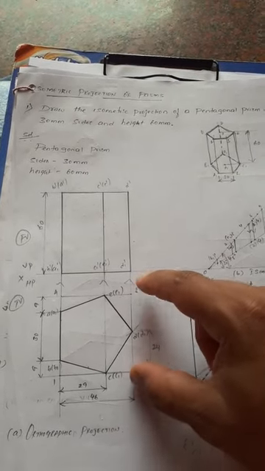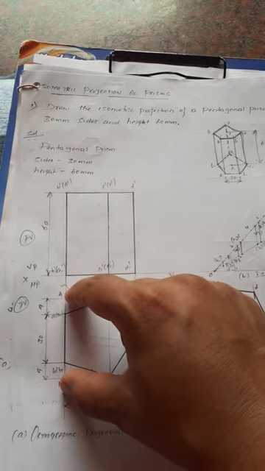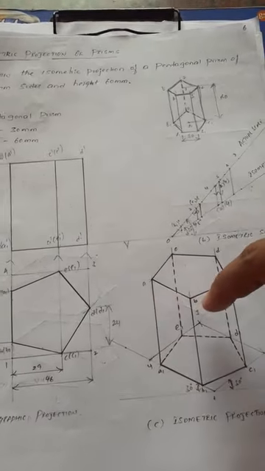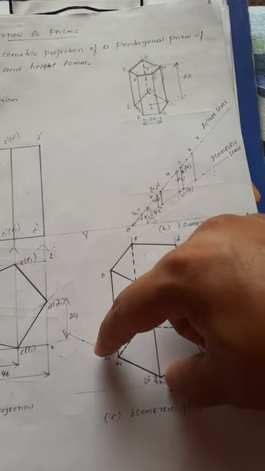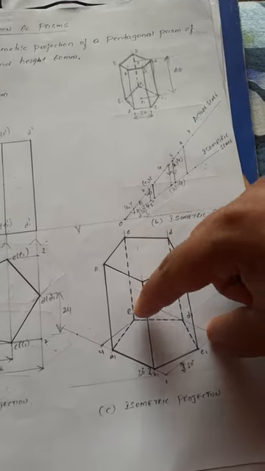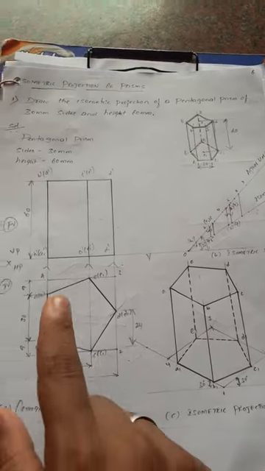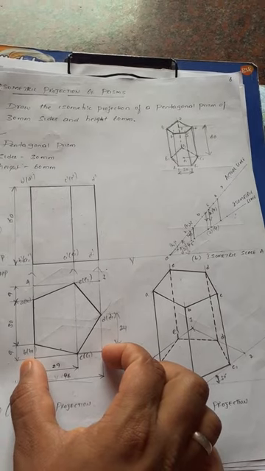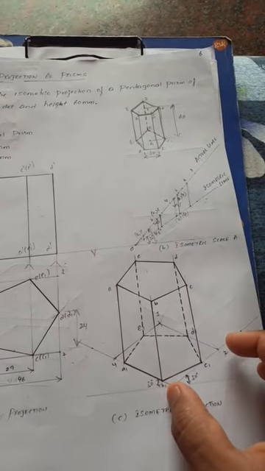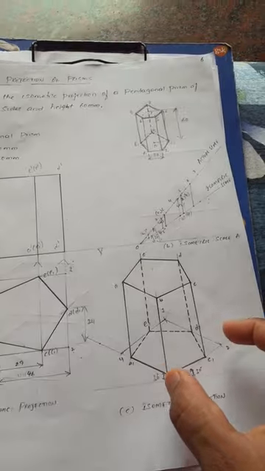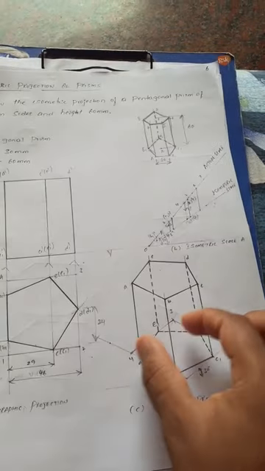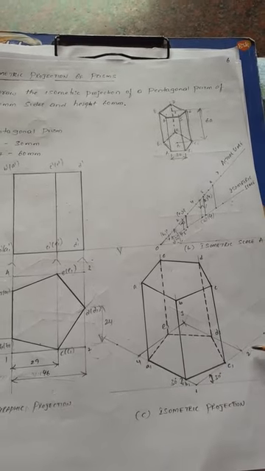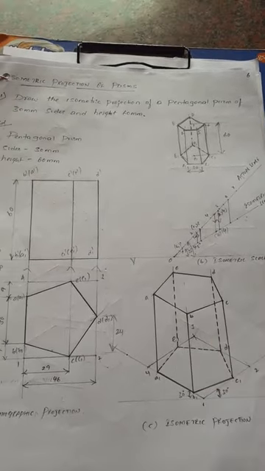Already we know that. From 2 to 3, how much is it? The same length as 1 to 4, right? Already we know 1 to 4 on the isoscale. Take the compass, take the radius 1 to 4, then with 2 as the center, draw an arc. Similarly 4 to 3 is equal to 1 to 2, which we already converted to isoscale. Take 1 to 2 through the compass, take 4 as the center and draw an arc. The intersection point will give 3. Now we have the rectangular box 1, 2, 3, 4, right?